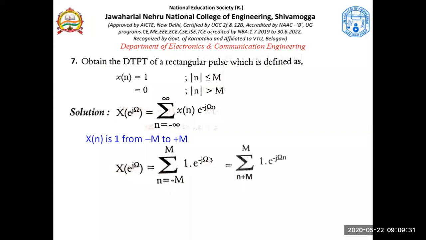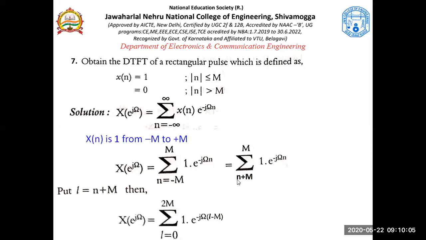Now, if this is n equal to minus m, so this would be n plus m equal to 0. Here it should be 0. Okay, n plus m equal to 0. The equal to 0 is missing here. Okay, see that if you are noting it down. See, if you take this minus m onto the left hand side, it would become n plus m equal to 0. Equal to 0 is missing. And then you have to just substitute n plus m as l. So if you substitute n plus m as l, this 0 is missing here, just note that.